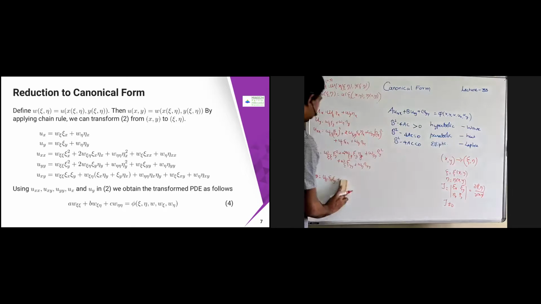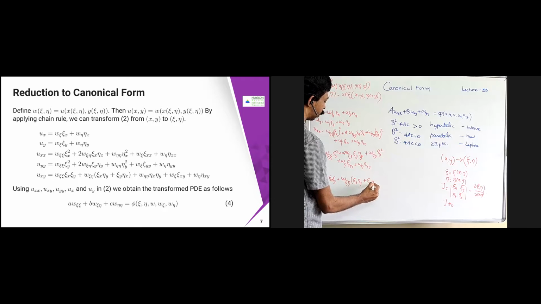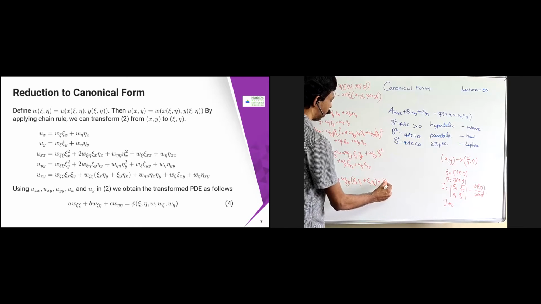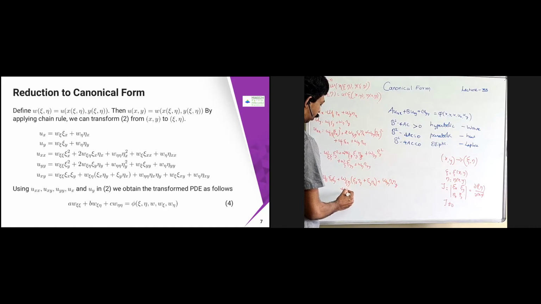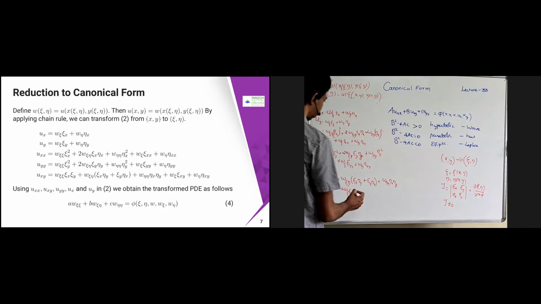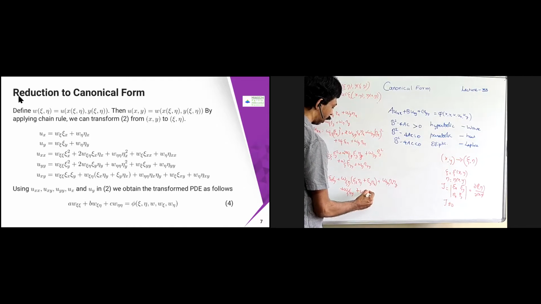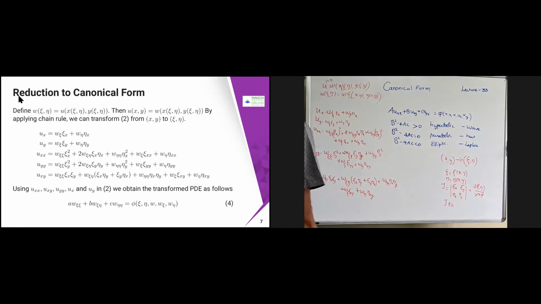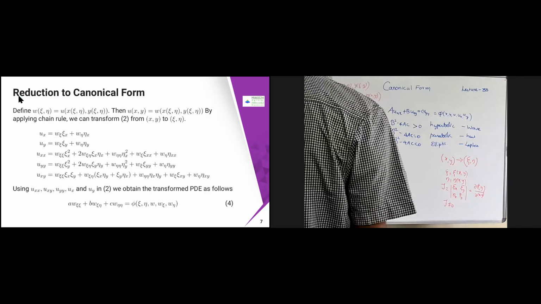Okay, into the chi x square only w of eta, w of chi comma chi eta. One is going to be eta x chi x eta y, and then another one is going to become chi y eta x, plus w eta x eta y is going to come, plus here w of chi into chi xy. Okay, and w of eta into eta x. So this is going to be my ux, uy, uxx, uyy.